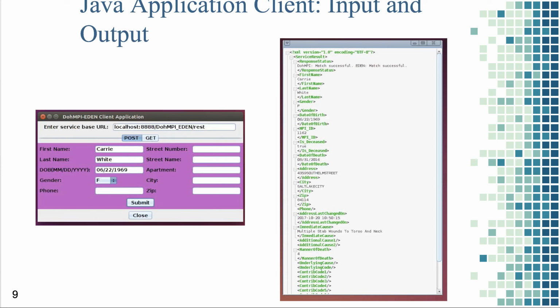We also provided to our customer the client of our web server implemented as a standalone Java application. This slide shows how the same search looks in the Java client. The source of the Java client, together with the whole set of project files, including the required Java libraries, will be part of the deliverable, which is intended to facilitate the use of the web service by our customers.